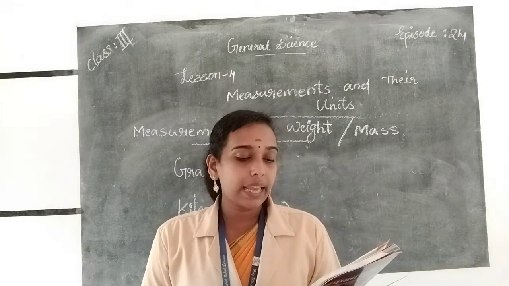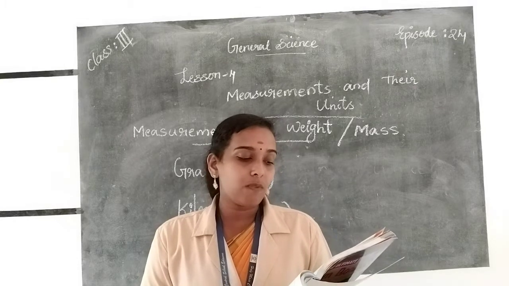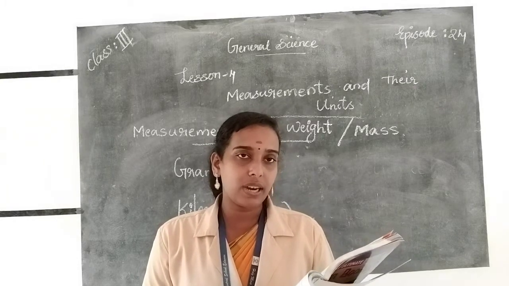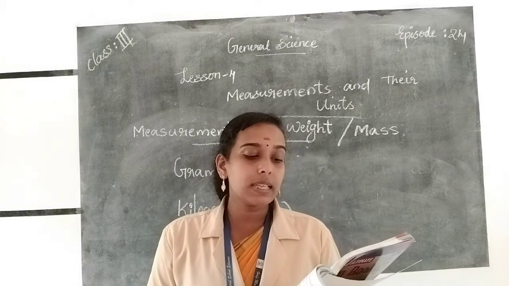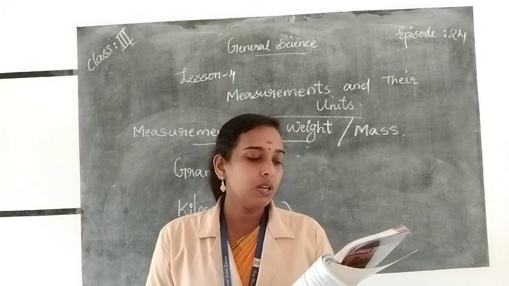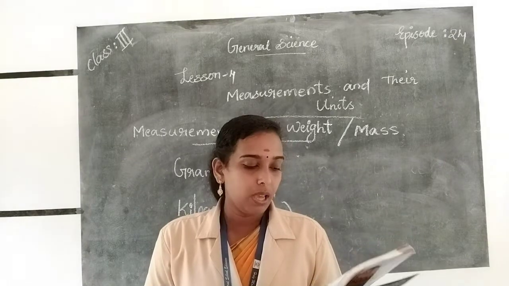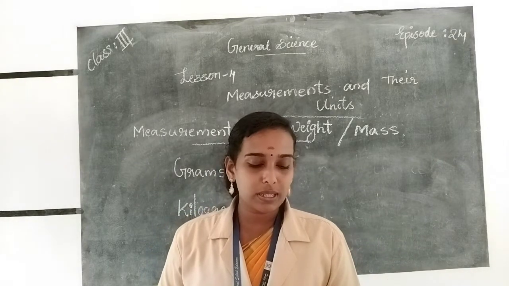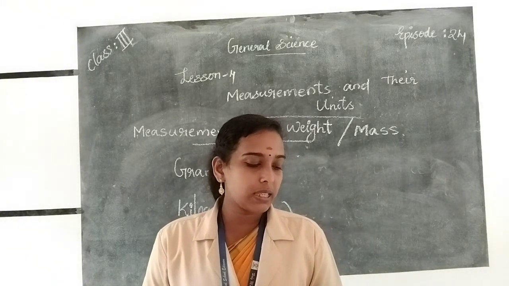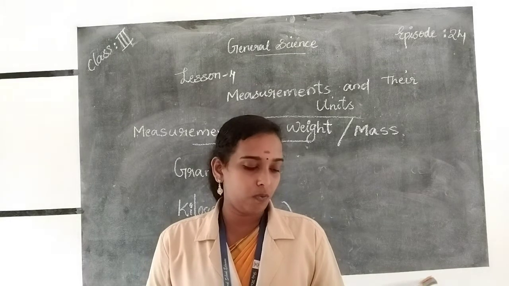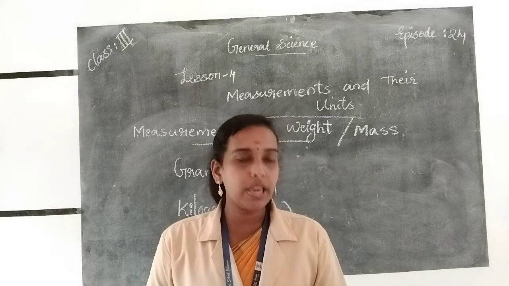Have you seen a greengrocer weighing his vegetables or fruits? He uses a weighing balance to measure the weight of the articles. Similarly, a goldsmith uses an electronic balance to measure jewelry because the weight is less and has to be accurately measured. The commonly used units to measure weight are grams and kilograms. Balances and weights are instruments mostly used for weighing. A weighing balance or weighing machine is used to measure the mass of a body.